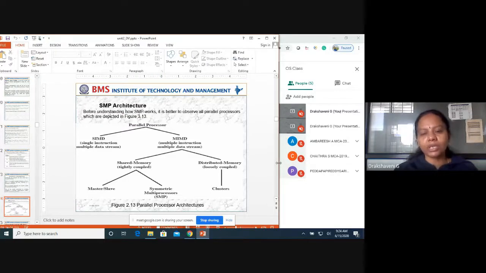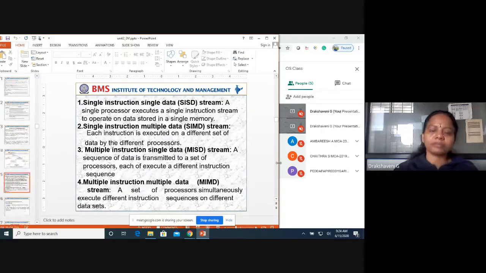Then the parallel processor architecture. Here you can see single instruction, single data stream: a single processor executes a single instruction stream to operate on data stored in a single memory. Single instruction, multiple data stream: each instruction is executed on a different set of data by a different processor.